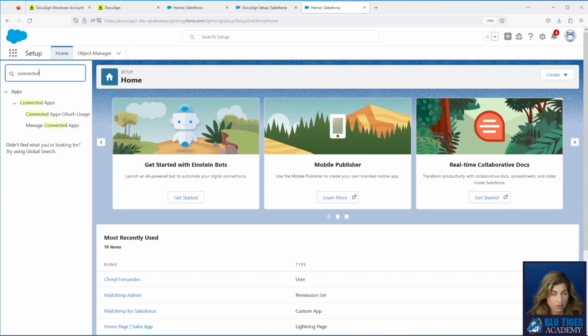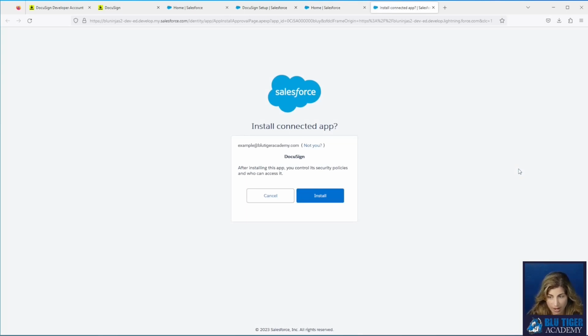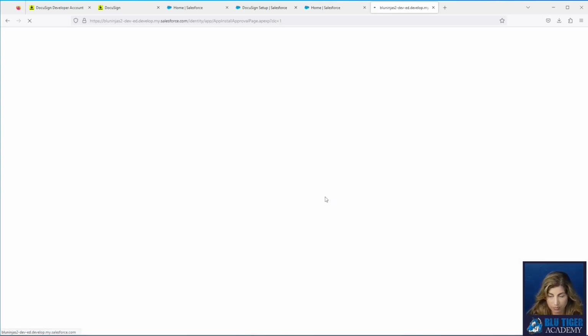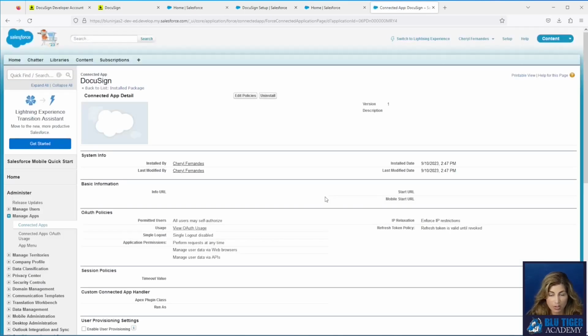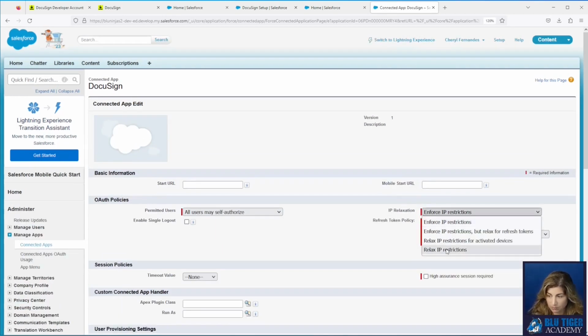One article is going to go over how you can relax the IP restrictions of the connected app. So you'll come to the Connected Apps, OAuth Usage. You will click Install on the DocuSign Connected app. And then you will come to a screen that looks like this. You will edit policies, and then you can go to this IP relaxation drop down here